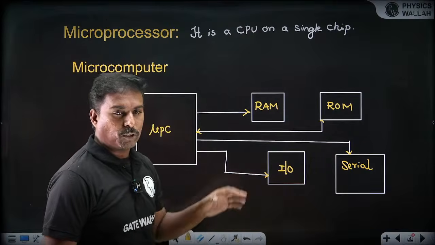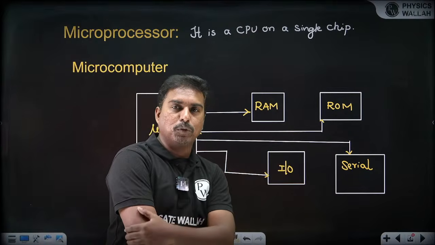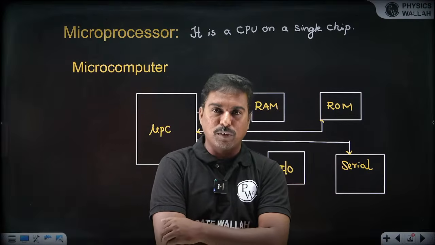Okay, so when a microprocessor interfaces with RAM, ROM, IO ports, then उसको हम माइक्रो कंप्यूटर बोल सकते हैं।